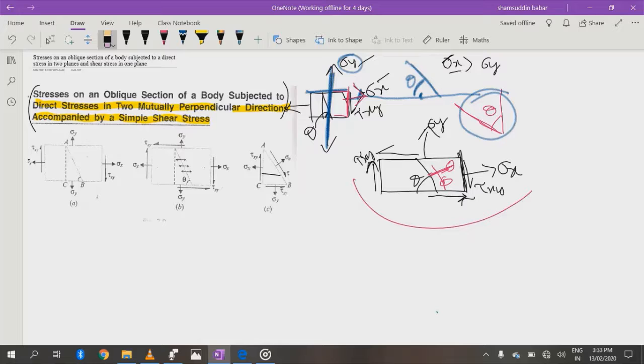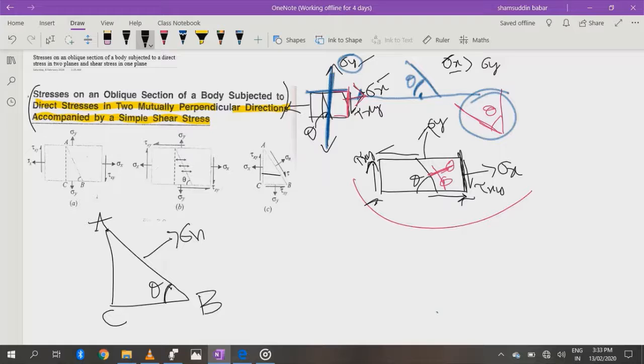For example, I haven't given names, so using this figure I am going to draw a triangle of an oblique section. Now I know that this is my oblique section, at angle theta. I am naming it A, B, C. You can give your own names, no problem. Now what we need to find: